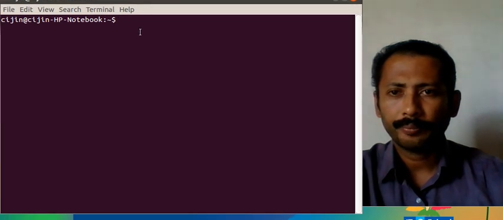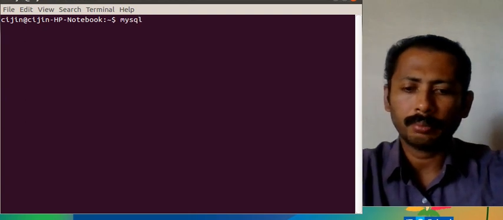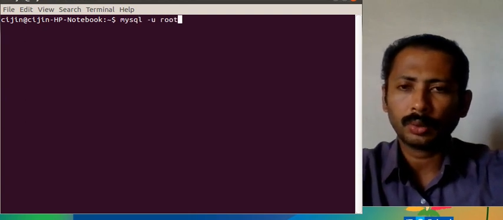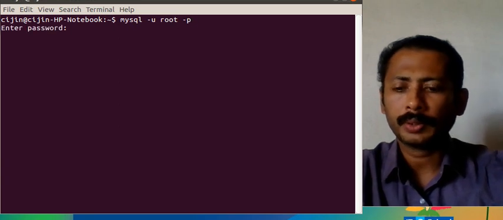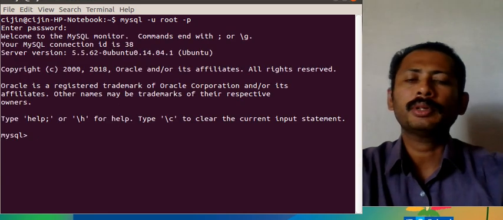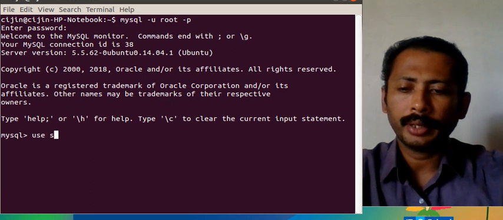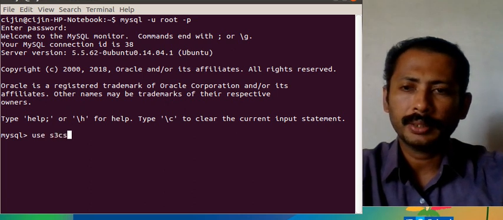Changing to MySQL. So mysql minus u, using the root user and giving my password. By providing the password, we change to the MySQL prompt, and I am using our database, use S3CS.